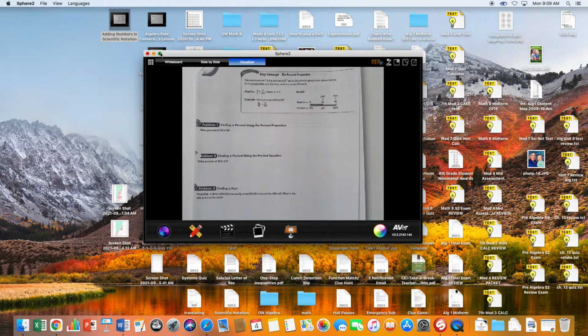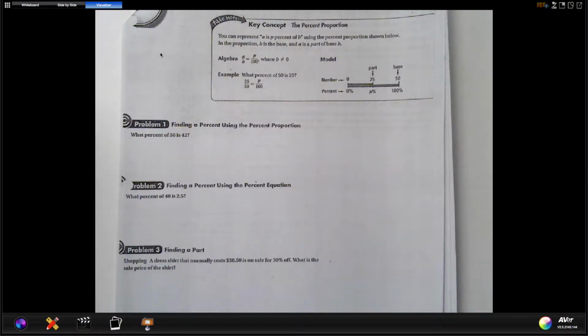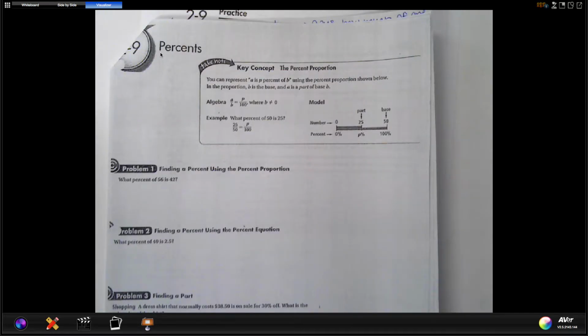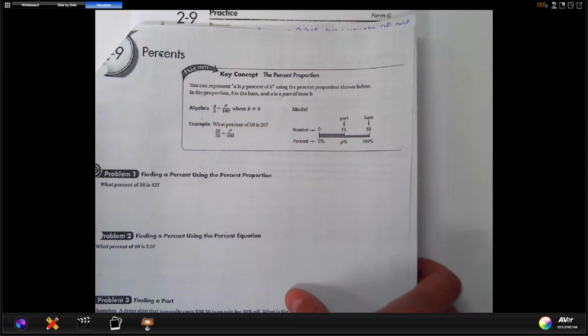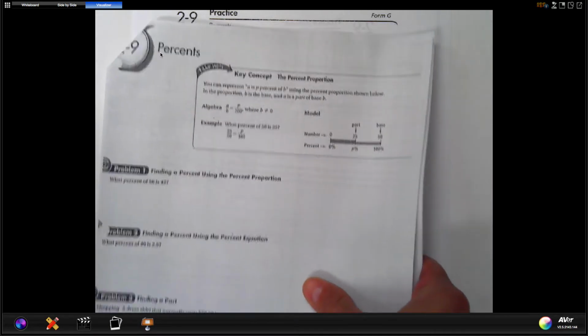9 in the note packet. Today we're going to talk about percents. Once I give this, some of you might know this actually already. So on the notes here, the percents, what you want to talk about is there's going to be different types